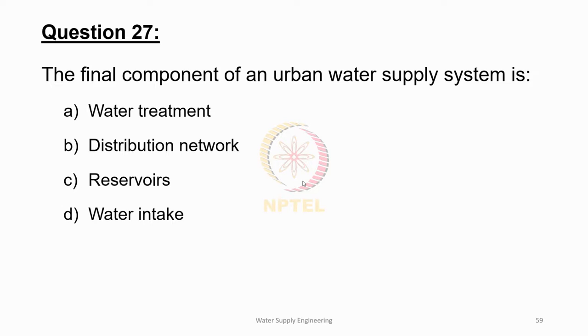The final component of an urban water supply system is option A, water treatment, option B, distribution network, option C, reservoirs, option D, water intake. Which,